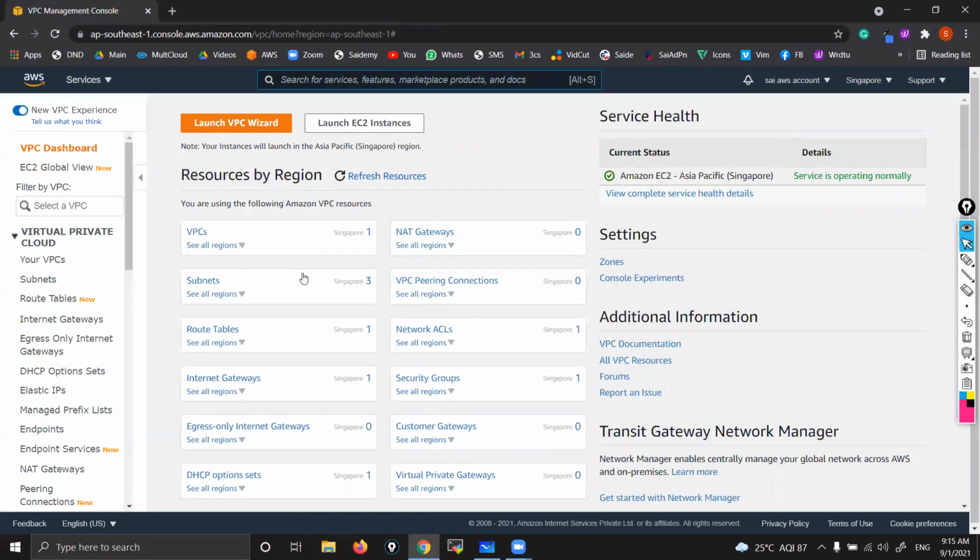Earlier that used to be the older dashboard. Recently they have just modified this dashboard, but the options are almost the same, no difference. Just a few modifications have taken place, but that's okay. Those are not so difficult. Okay. Now here